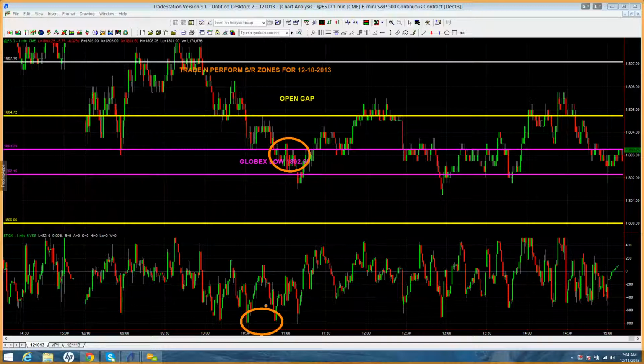It just wasn't there for me yesterday. I had an appointment that I had to make right after that. So at any rate, that's what I wanted to point out. And you did get a nice rotation here. It did mark the low of the day. The other thing that I wanted to point out really quickly, and I apologize because I'm rushing through this a bit,